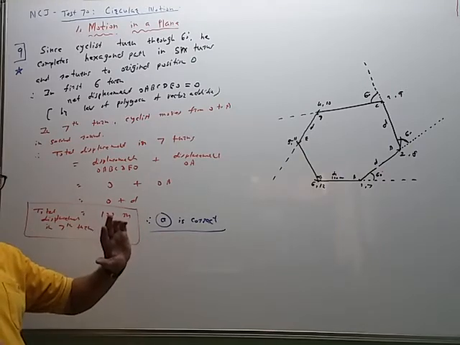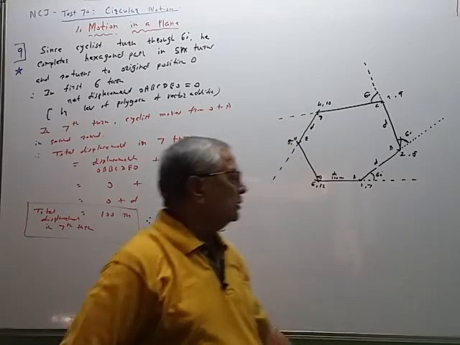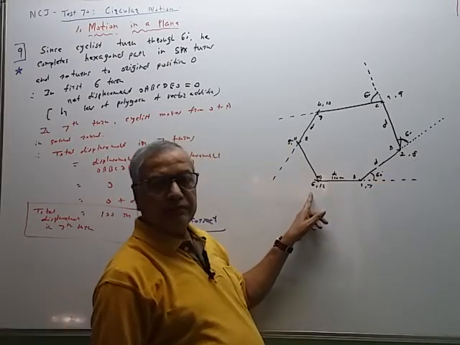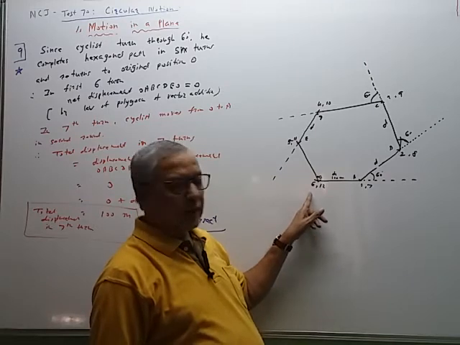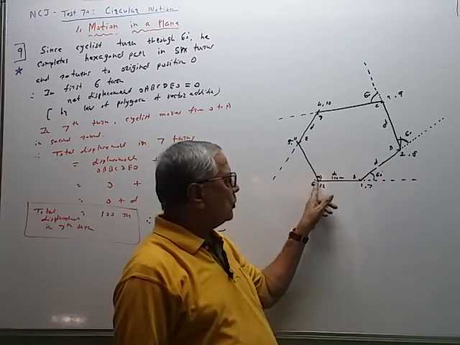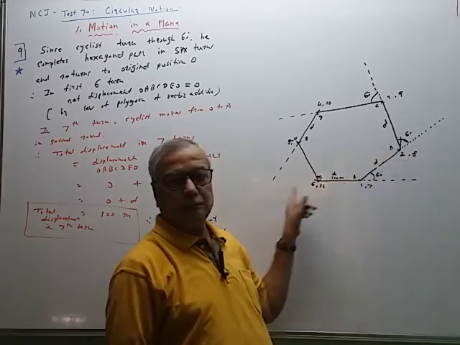Now suppose we are asked to find the total displacement in 8 turns. So 8 turns are completed here. Up to the 6th turn the net displacement is 0. And now in the next two turns, 7 and 8, he will move from O to A to B. So OB will be the net displacement.